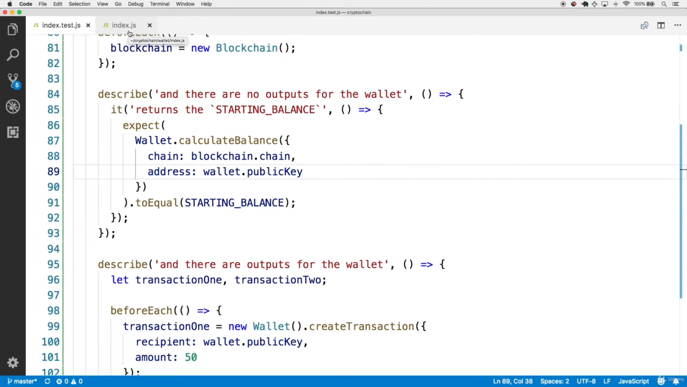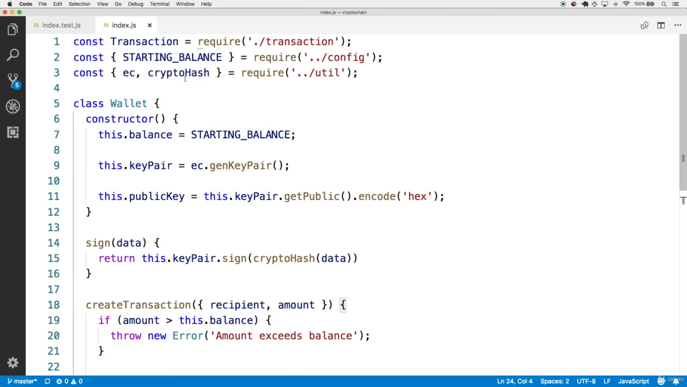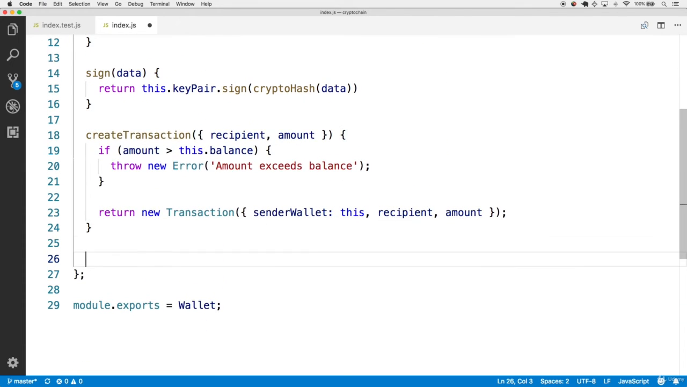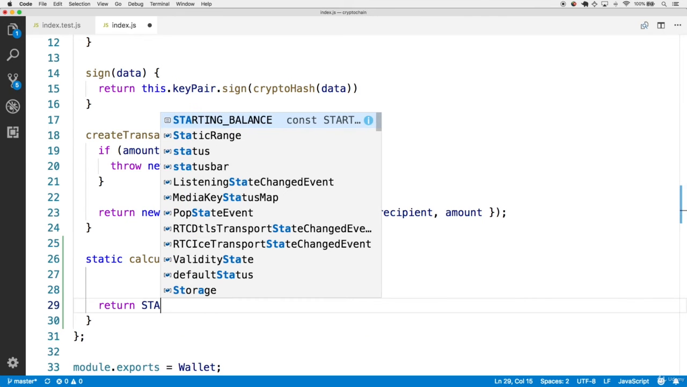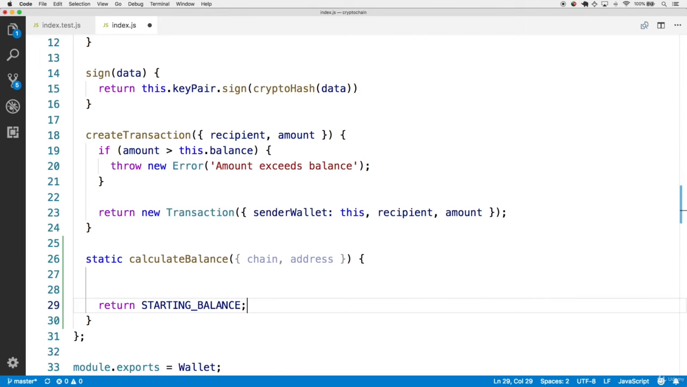So now in the index.js file, let's make sure to have this method. We're going to have a static calculateBalance method. And then this is going to take in an object that consists of a chain and an address. And our strategy with this is, first up, let's return the starting balance, since that is the default behavior